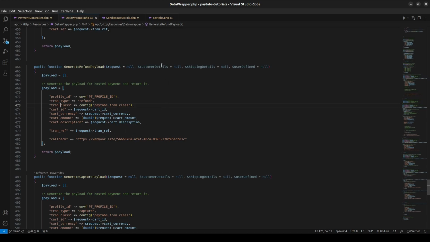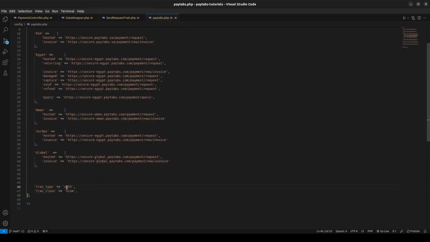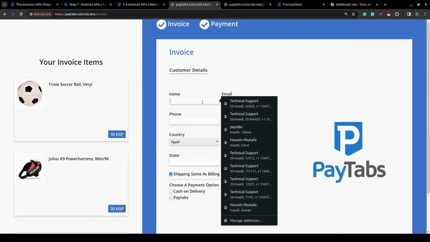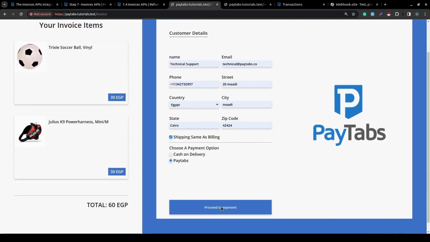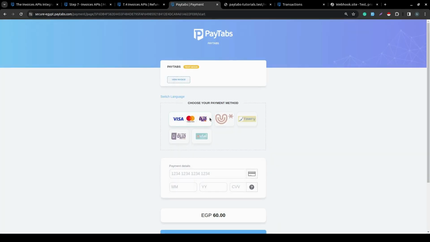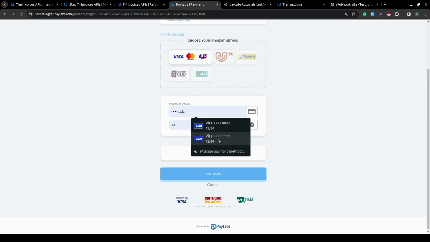The next thing you need to know is that refund can only be done upon sale transactions or captured transactions. So we need to either create an auth transaction, then capture it, then refund it, or we just can create a sale transaction like that, and once it's initiated we will be able to refund it. So this is actually what I'm going to do. I'm going to get back to my invoice page over here, create the simple invoice, choose PayTabs, and proceed to payment. Once I click pay now, I'm going to fulfill this payment using one of my test cards,